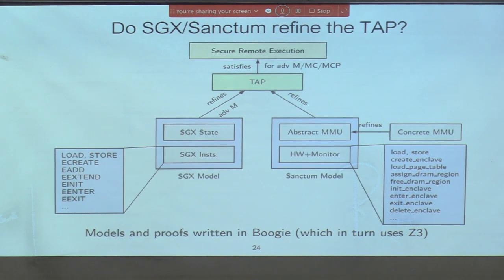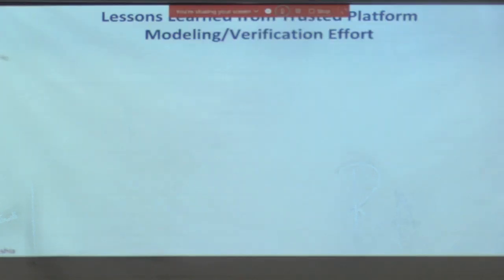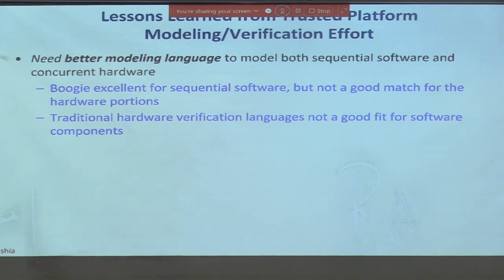All right. So one thing here is that all of this work that I talked about was done using the Boogie verification system from Microsoft Research, which was not something that we did, but it took us a lot of effort. So it ended up being a fairly manual effort, in spite of the fact that Boogie is supposed to be a push button verification tool. And so there were some lessons that we learned from this. The first one was that